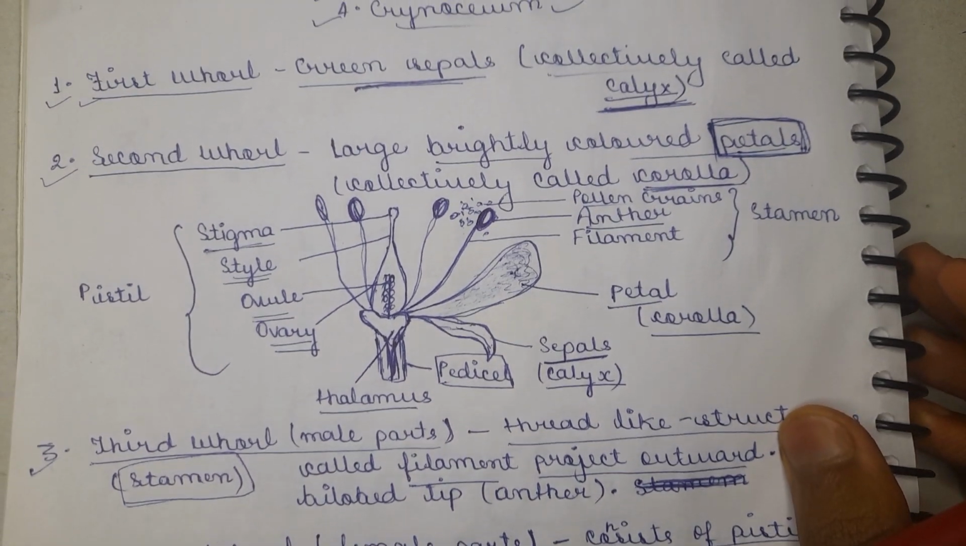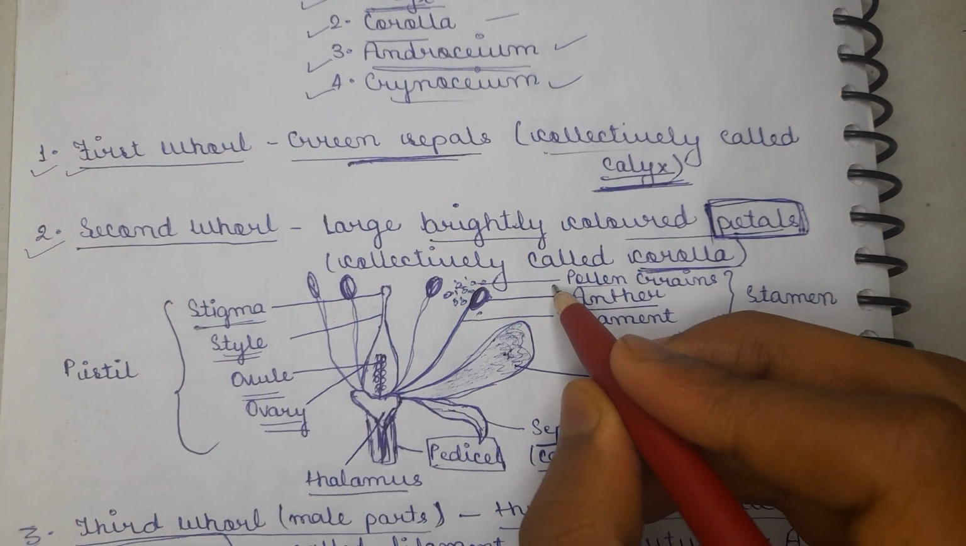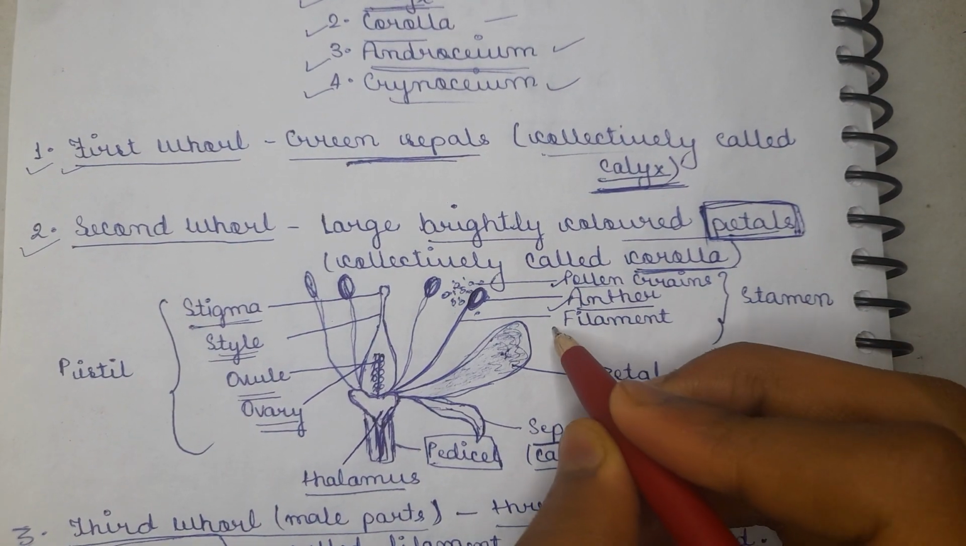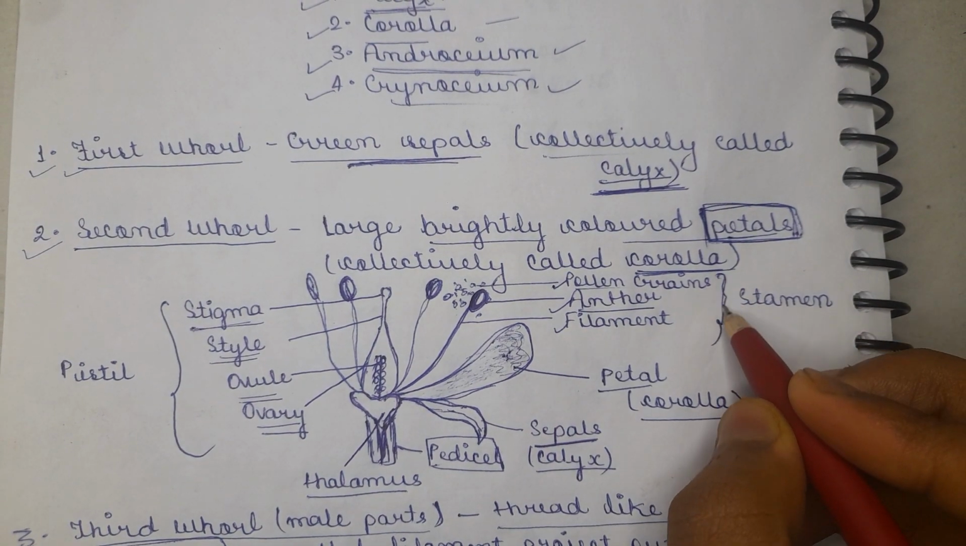Stamen, how? We have already seen that in the male part there are three parts, basically the pollen grains, anther and the filaments. These are collectively called